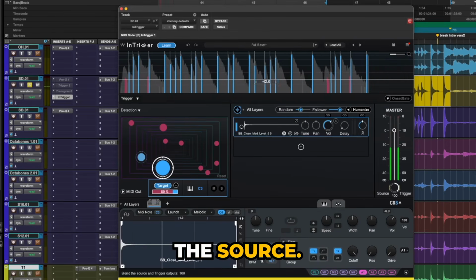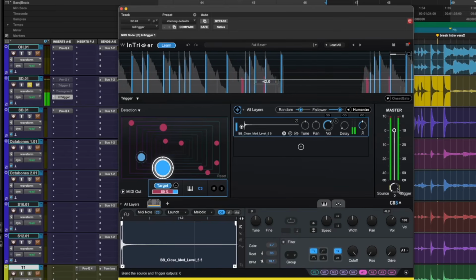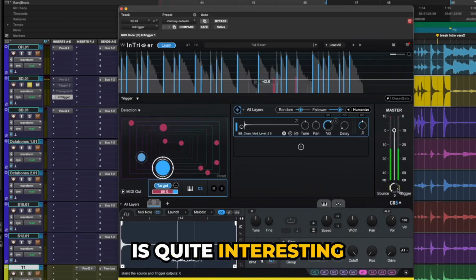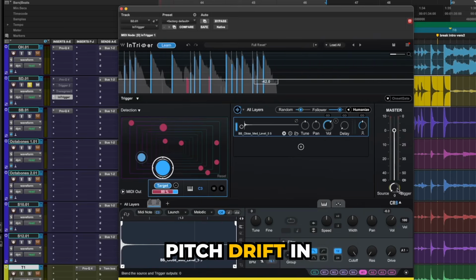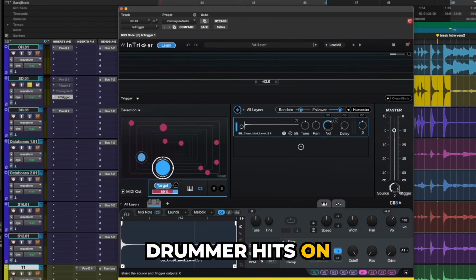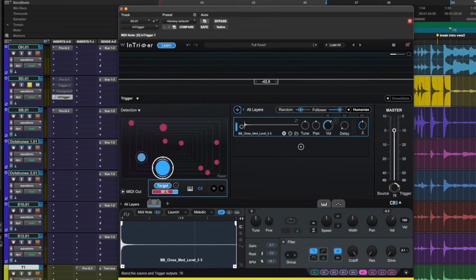Okay, let's listen to the source. Okay, this is quite interesting because the pitch drift in the source recording is also quite messy. Badly tuned snare, or maybe even inconsistency of where the drummer hits on the snare, which may be natural in a part like this, where it's probably doing some paradiddles, swapping the hands and stuff like that. But then again,